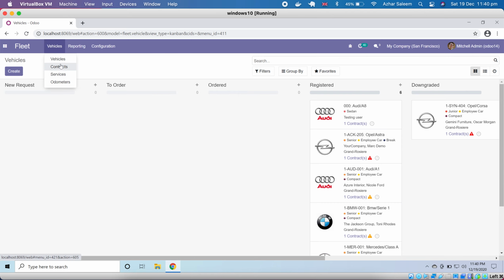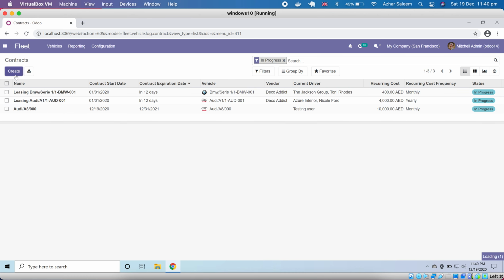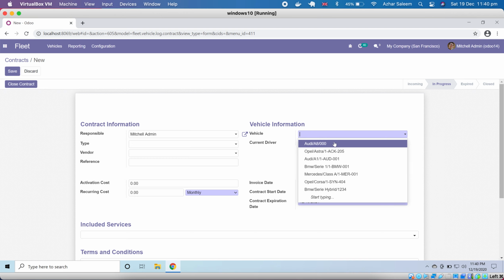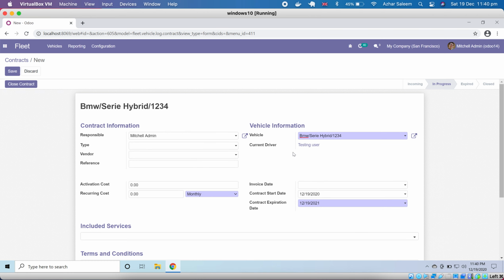Okay. Next we have here contracts. In contracts, now I'm going to choose the same vehicle which we just created, BMW hybrid 1234, this one, 1234, the plate number which we added. Here is a test user